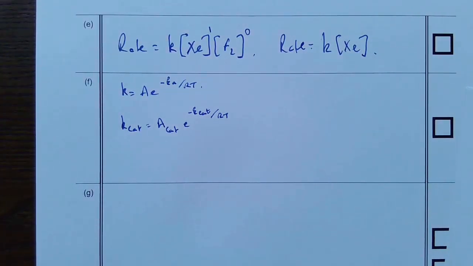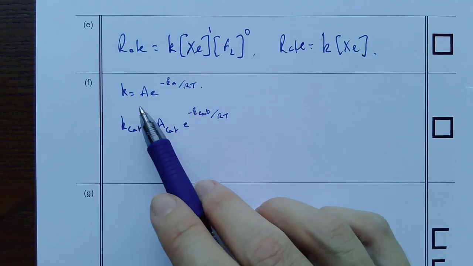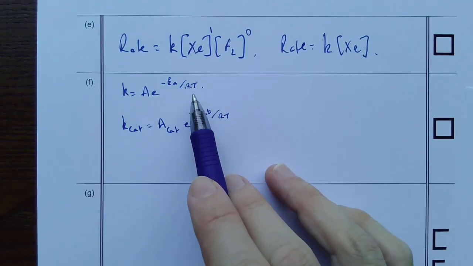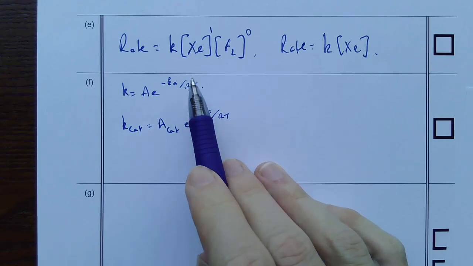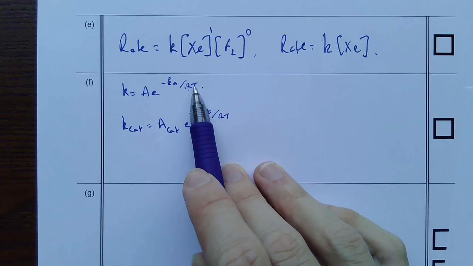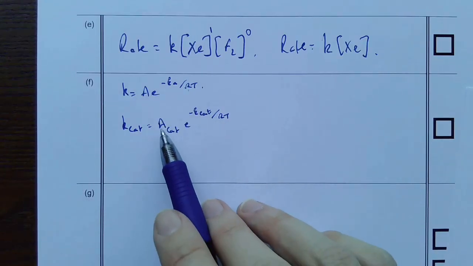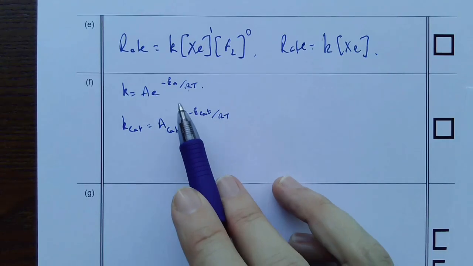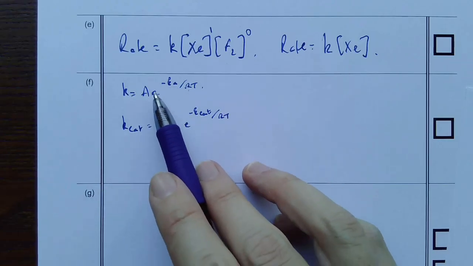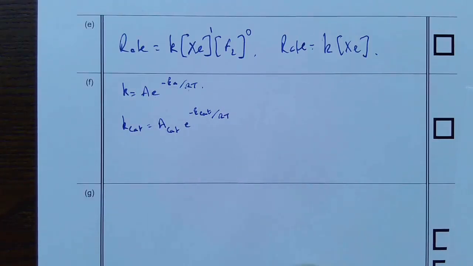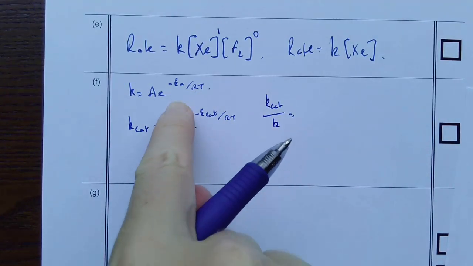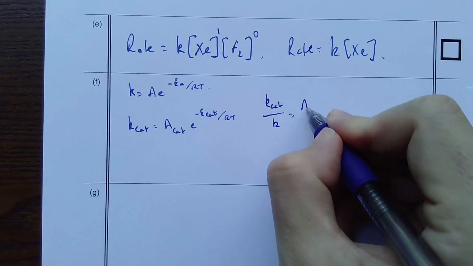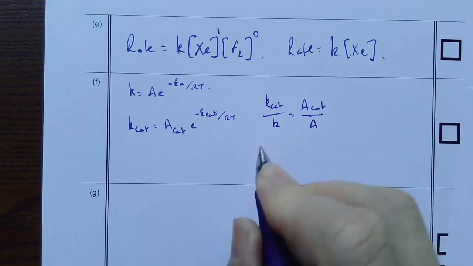Okay, so what we're saying is that if I add a catalyst, I'm not going to change R because that's a constant. And I'm not going to change temperature, because to change temperature I'd have to change the temperature. So what the catalyst will change is your pre-exponential factor A, and it will change your activation energy. Because those change, my rate constant changes. And all I want is just k cat divided by k. So it's just this divided by this, which is very simply A cat over A, and then